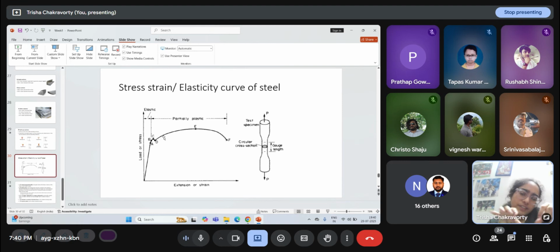What is meant by flow is that for a very small increase in stress, the strain increases very fast. You can see that the slope has reduced, so the strain is increasing rapidly, but the stress or resistance is increasing very little. So it has become partially plastic, it is not elastic any longer.